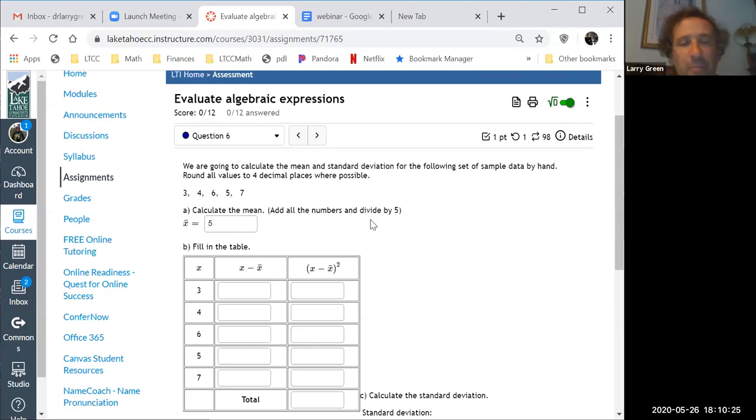Okay, now comes part B. And again, what I'm doing is more than what the problem states. I'm going to get you more ready for statistics than this tells you. I want to talk about why it is what it is. All right, so the first thing is if you look at x minus x bar, x bar is a symbol for what's called the sample mean, so the mean of the sample. The x are the values.